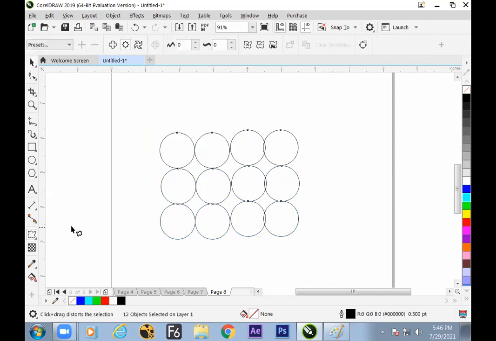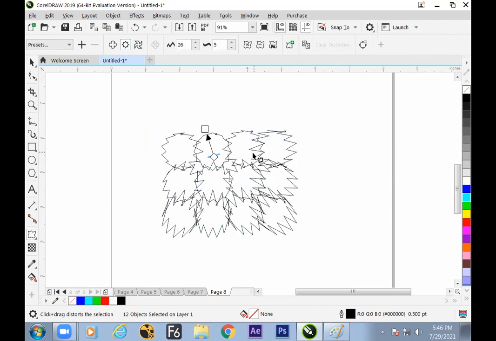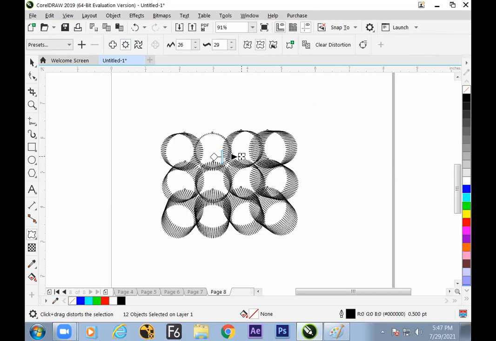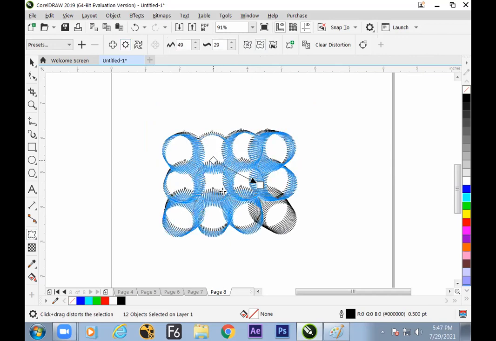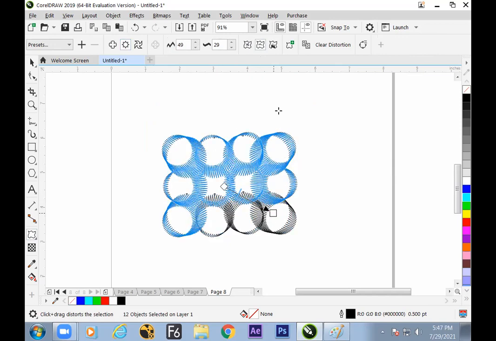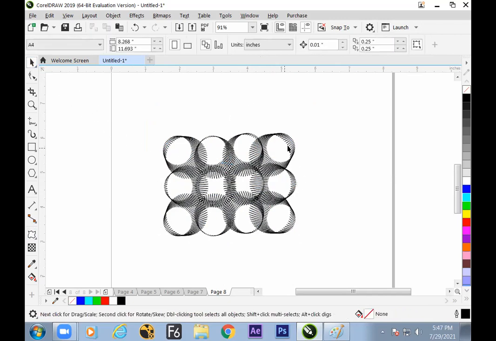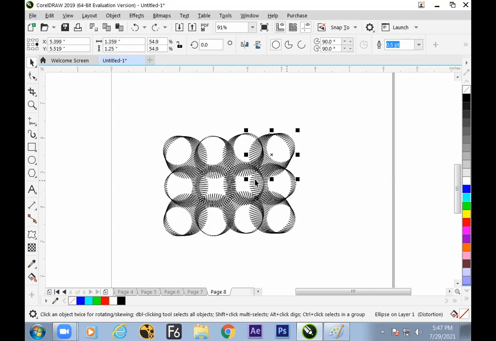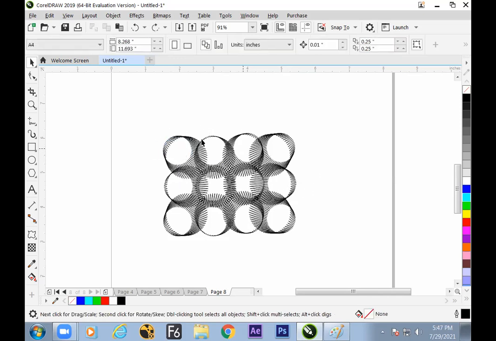Select all the objects and start making the zipper, and go for smooth. It is allowed. We can make the zipper work from a particular center. From that center, it will drag. So not only a single object, even multiple objects with a particular center, distort can be done.